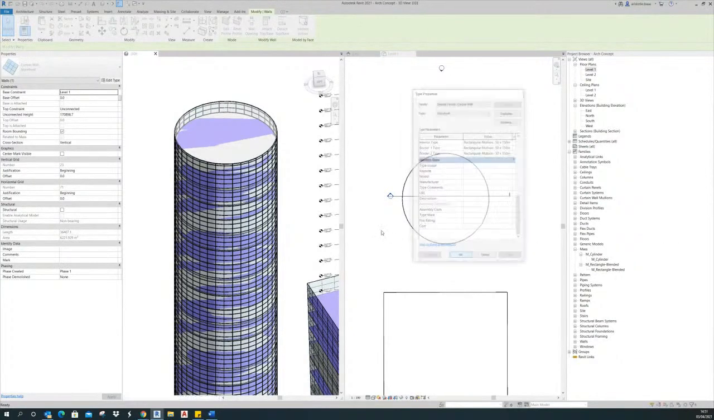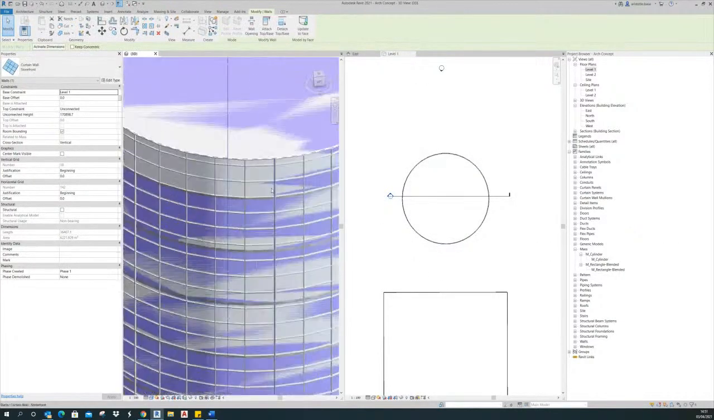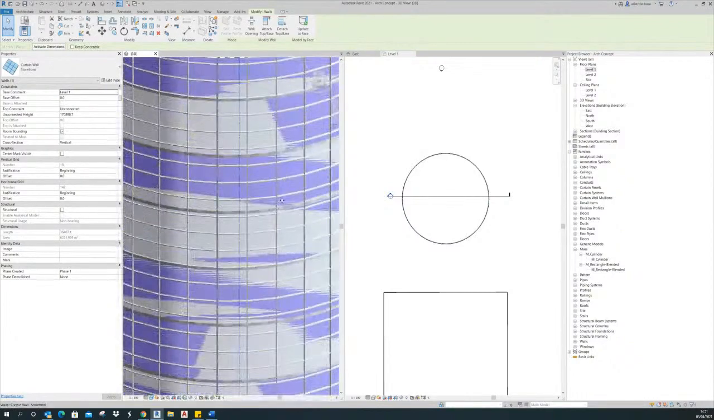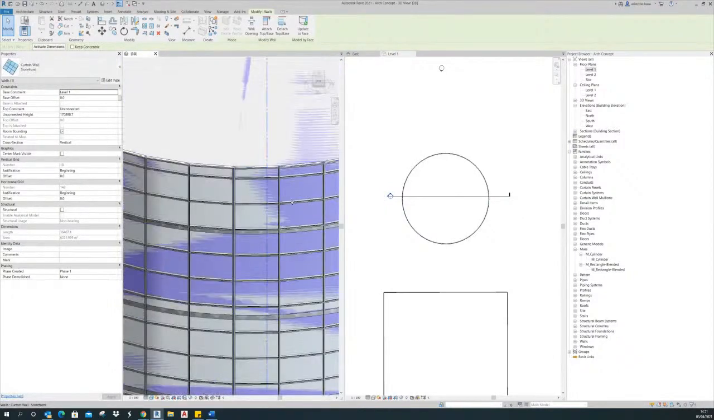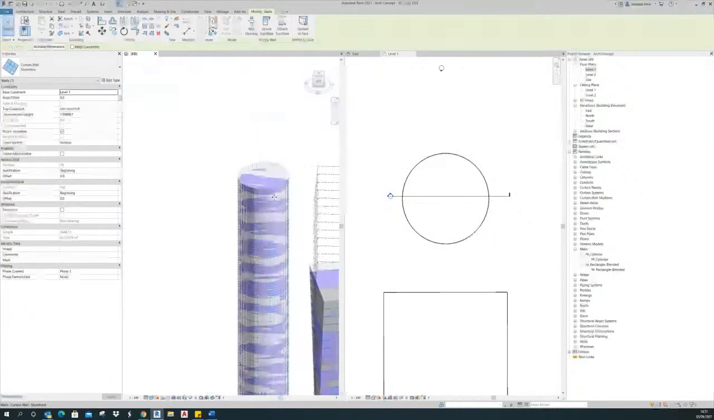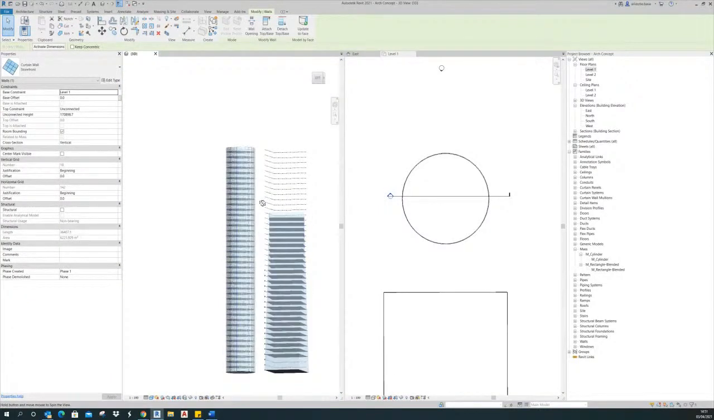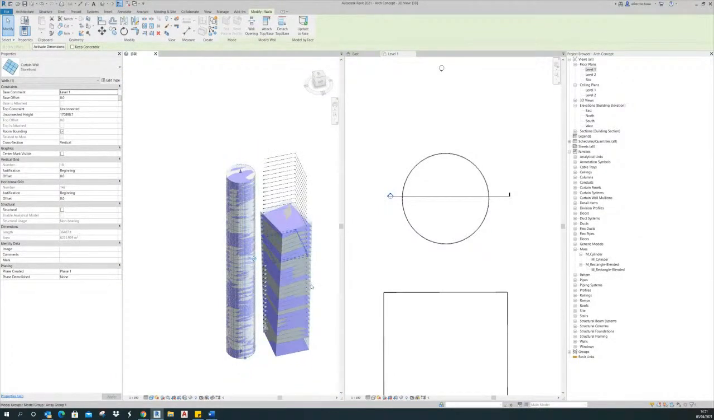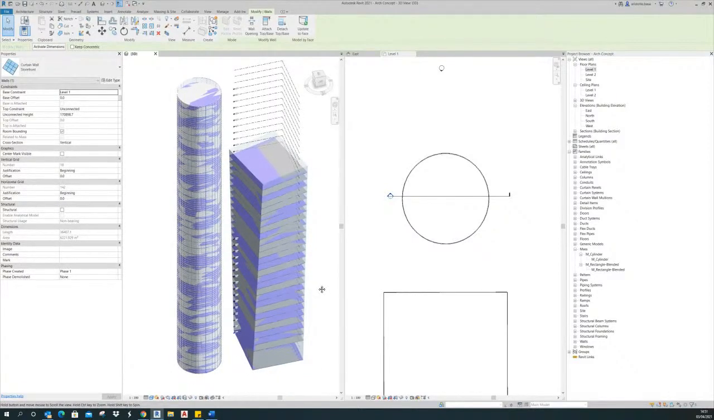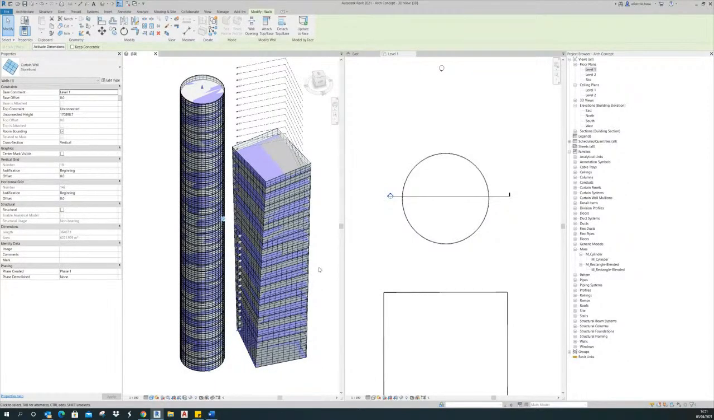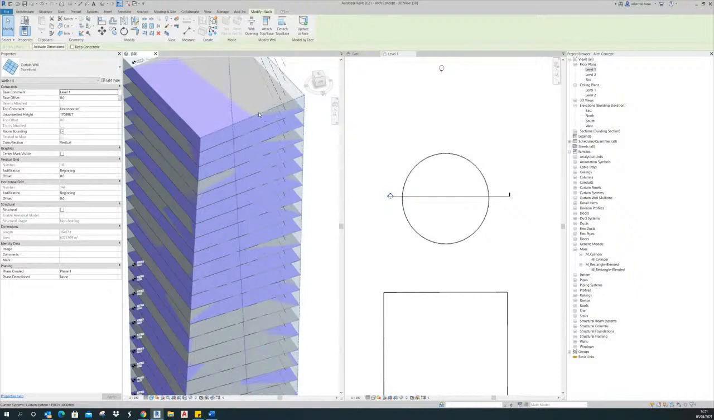And we'll just click OK. So you can see that the spacing of the mullion is already adjusted. So before we all get excited, I know you already want to see a 3D rendering of how this would look like. Let's just go back to the first